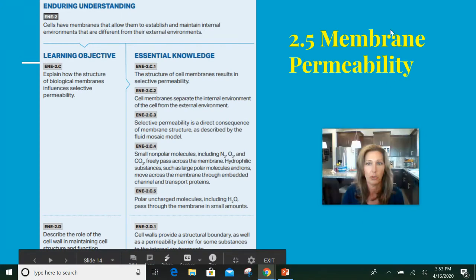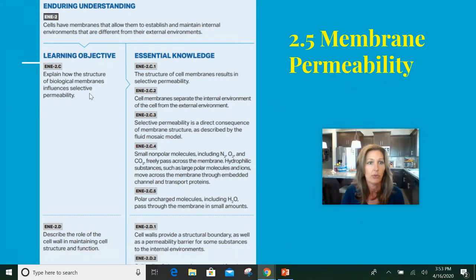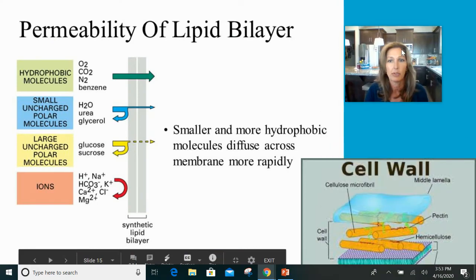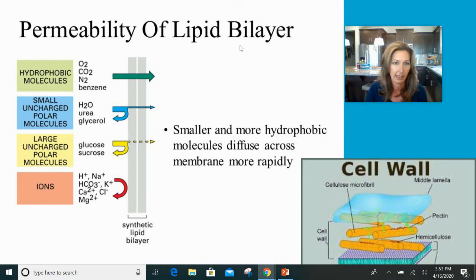Which brings us to membrane permeability. So with this, what are the structures that influence the selectively permeable membrane of the cell membrane? And then also the role of the cell wall. So when we do talk about the lipid bilayer, you need to absolutely remember just that lipid bilayer alone, what